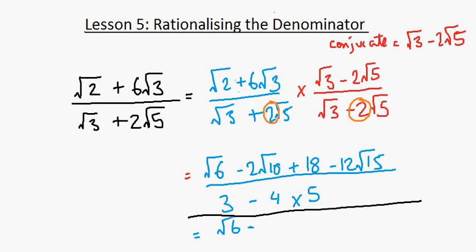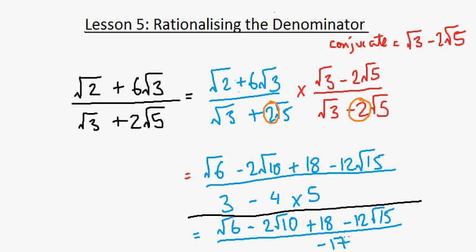Okay, that was safe. Minus 2 root 10 plus 18 minus 12 root 15 all over minus 17. If you do not want the denominator minus, you can change all of the signs,